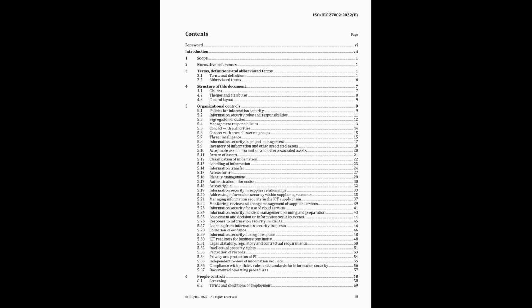Makes sense. This one is hashtag preventive, hashtag detective, and hashtag corrective. Covers all properties and aligns with hashtag identify, hashtag detect, hashtag respond concepts. Within hashtag defense and hashtag resilience domains. Very important for a mature security program. Definitely. Okay, 5.8, information security in project management.